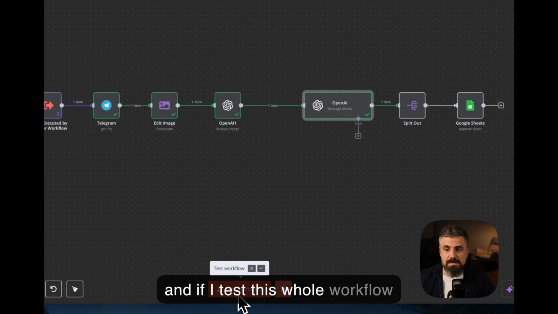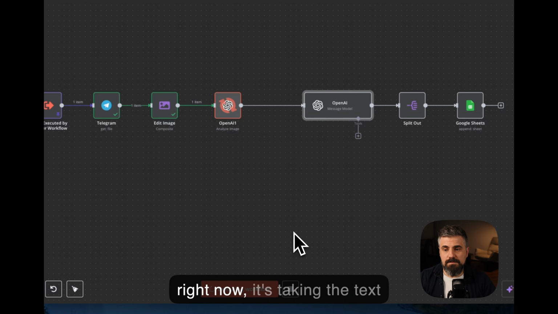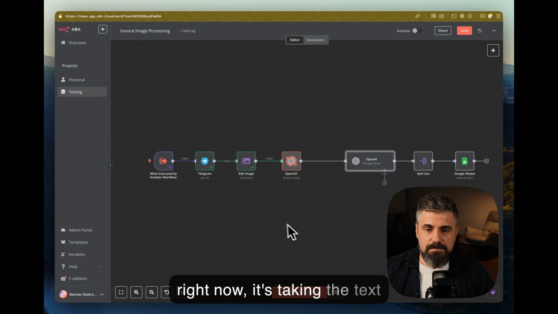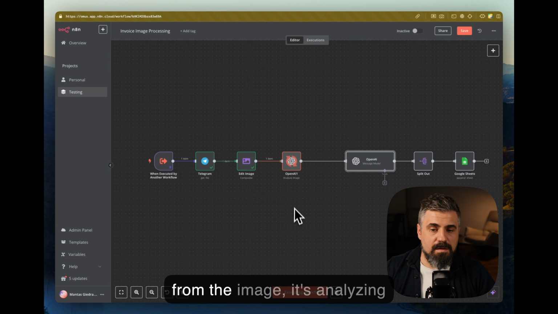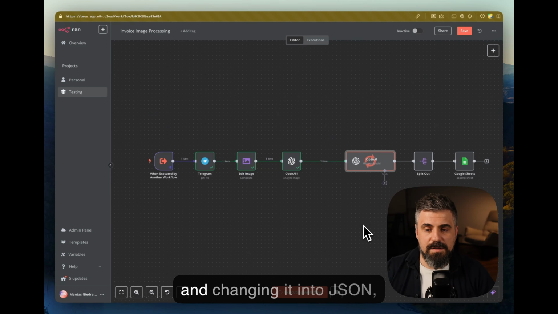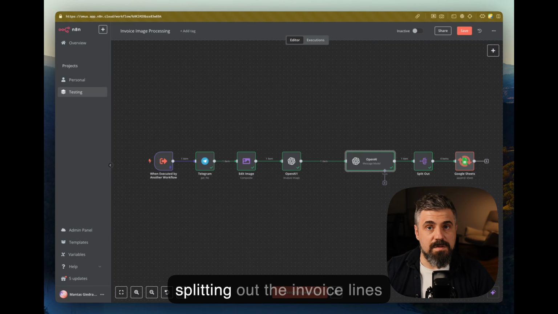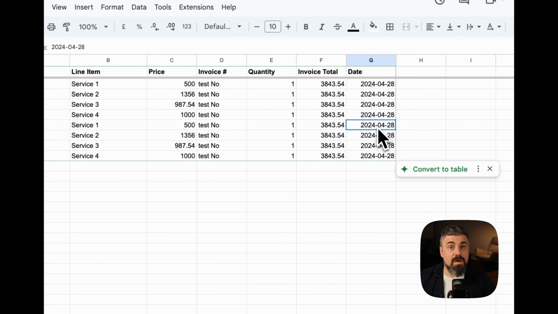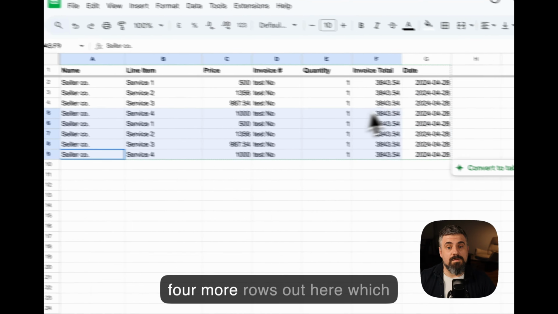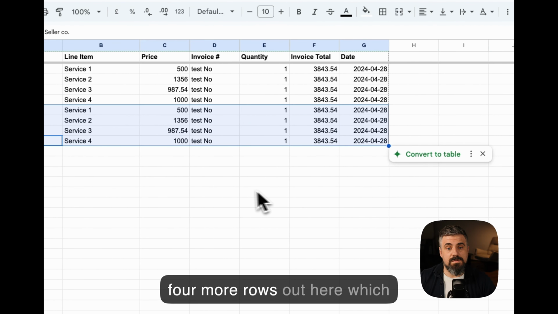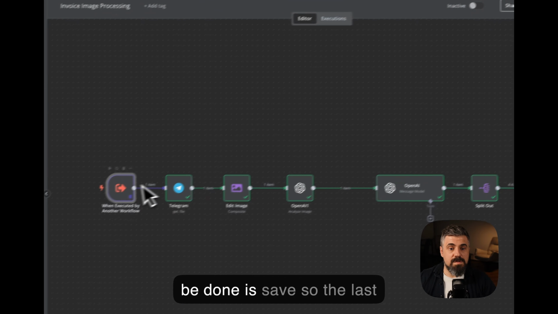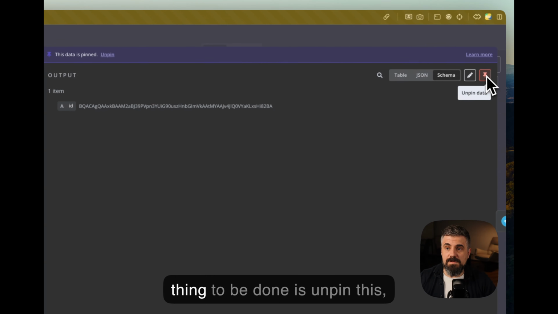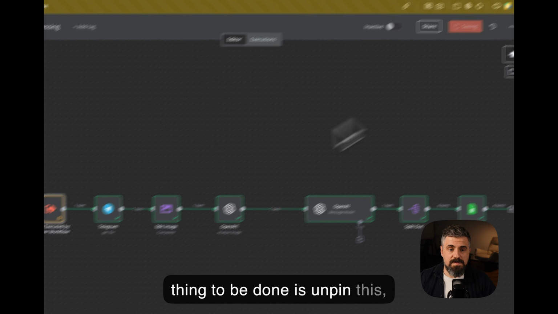And if I test this whole workflow right now, it's taking the text from the image, analyzing it and changing it into JSON, splitting out the invoice lines, and appending them to Google Sheets. I have 4 more rows out here, which is exactly what I need. So the last thing to be done is unpin this, save,